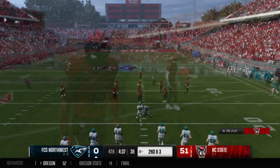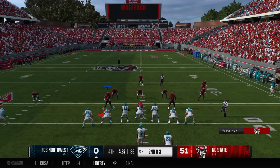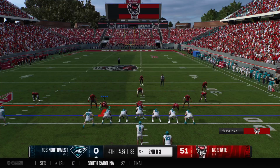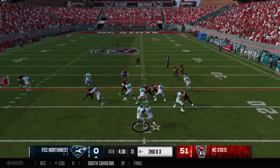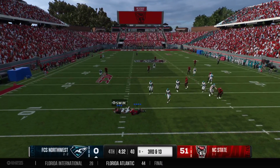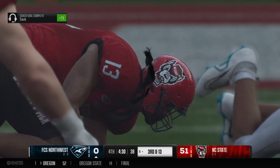I'll say this, man. In college football, you see a lot of bad tackling. You didn't see it right there. That was an awesome job. First off, being there at the point of attack. Once the tight end made the catch, there was no doubt he was going down. Great form tackle. And the quarterback goes down at the...